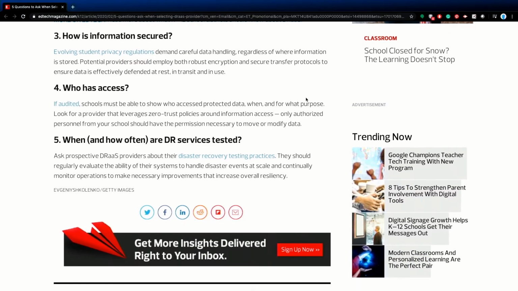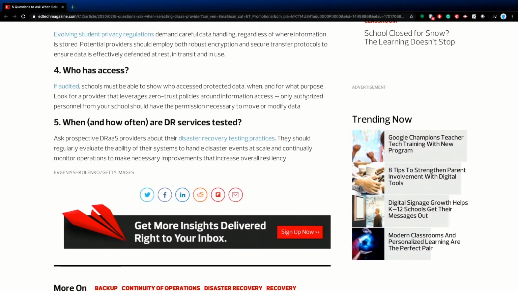And then, how often are they testing their recovery of my data? It's one thing to put your data somewhere. It's one thing to say it's secure there. It's one thing to say that no one can access it. But what happens if they go down? What happens if you go down and they go down? How long is it going to take for you to get your data back from them? Those are some of the critical questions you need to consider, because when the situation does occur, it's a critical situation. It's a disaster. So being able to move and respond quickly and get back up quickly is essential.